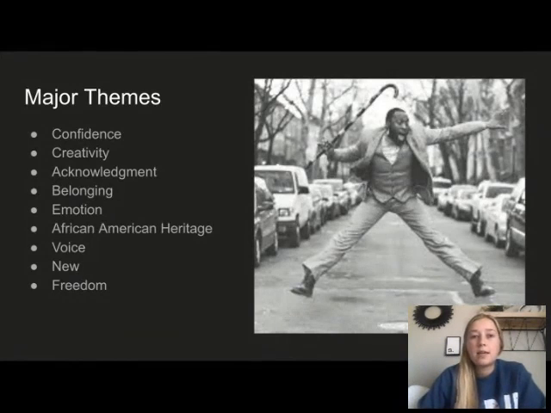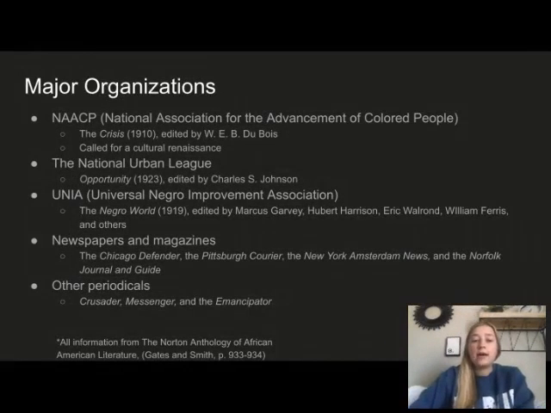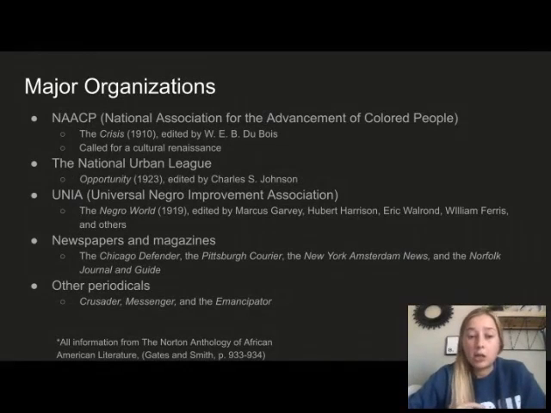And freedom, because it gave them a platform to control the narrative of being an African American in the United States, what it was like, and just allowed them to really tell us and show us what that consisted of. Some major organizations were the NAACP, or National Association for the Advancement of Colored People, and important